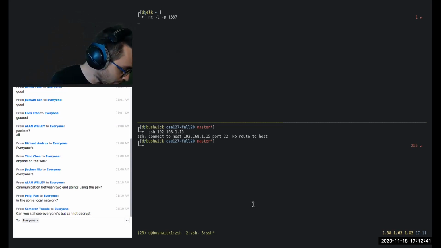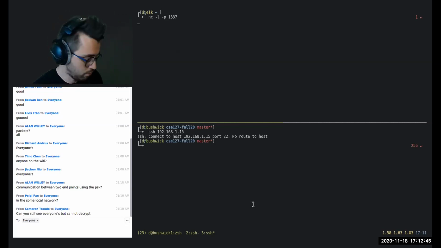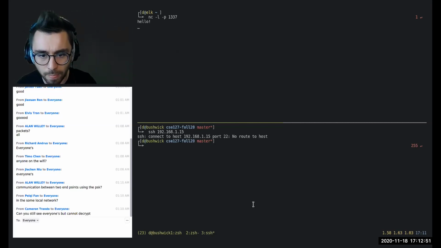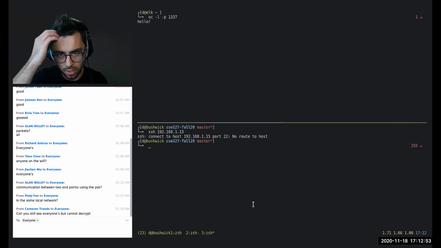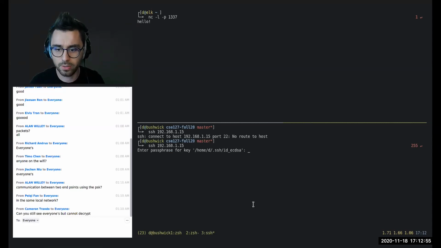And then I have a separate laptop that is going to connect to that server and say hello. And then what I'm going to do is SSH into Chelsea.